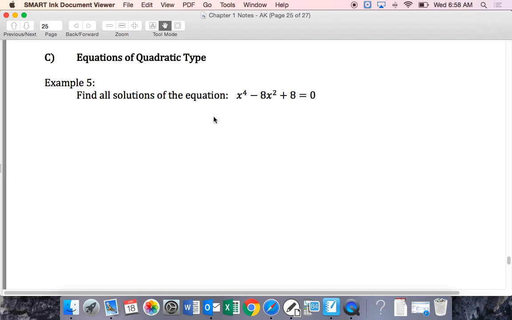So here we've got an x to the fourth. Before we had x squared and x's in numbers. Now I've got x to the fourth, x squared, and a number. So if I want to find all my solutions of the equation, I have to do a little tweaking. What I'm going to do is let w be equal to x squared, because when I do that, you'll see